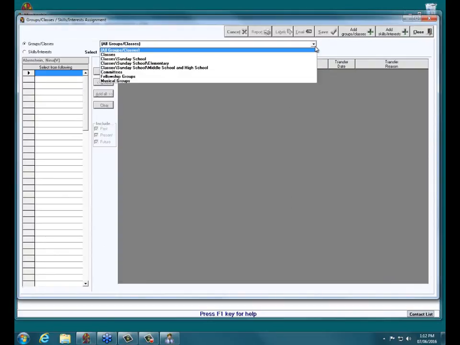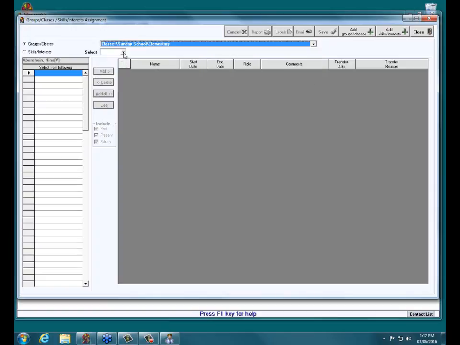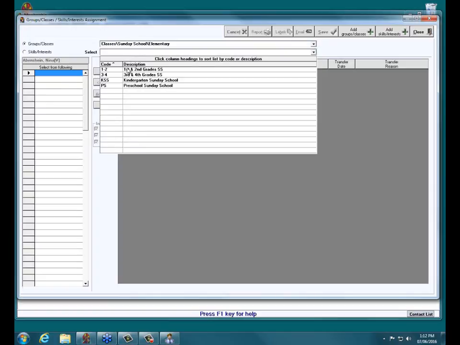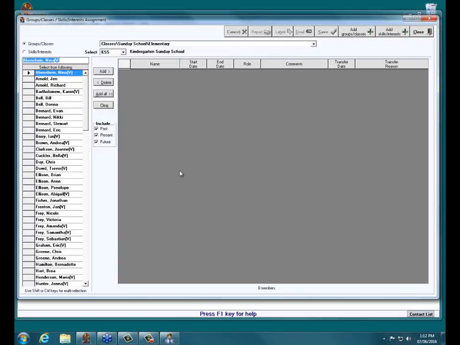Then at the top of the screen, you have the option for all groups, classes. But if you click on the drop down, it'll show you the different departments and categories. Select elementary, and then below here it has all the ones that I put into the elementary category. So let's just select kindergarten, Sunday school. And then on the left here, it shows you all the different people in the database,